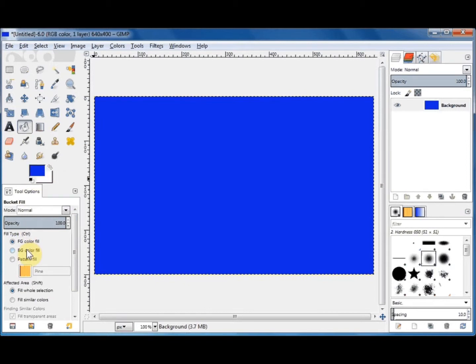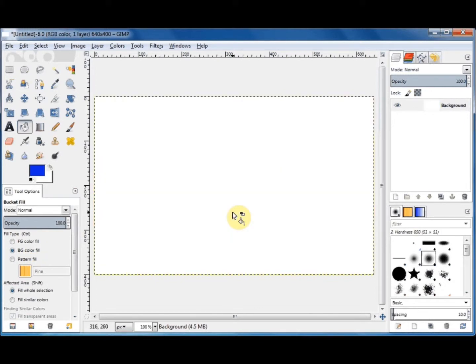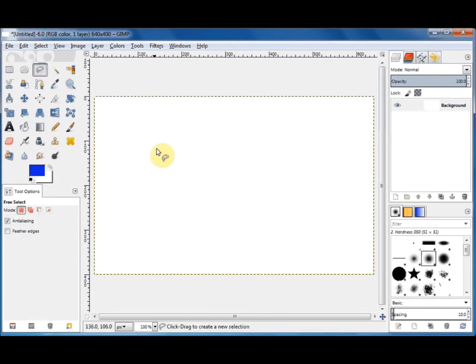You could click on background colour fill, and it will now fill with the background colour. You can also fill a selected area. So if you use one of your select tools, for example, this one here is the free select tool. If you click on it, create a selection on your page,